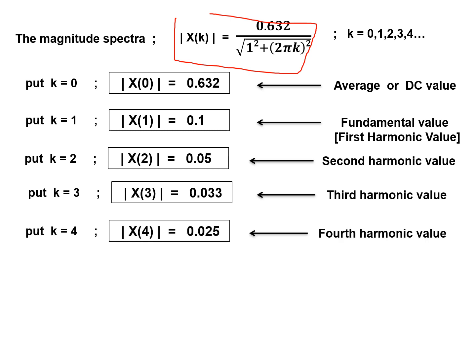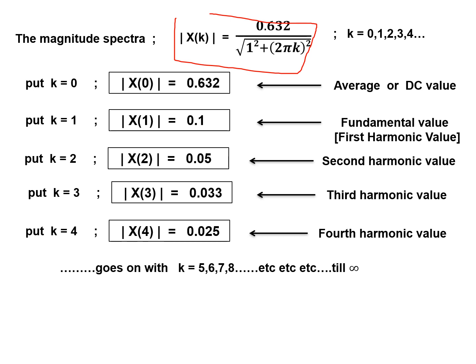So if you further increase, X at 4 is further less. Therefore, you can go on calculating like this: k is equal to 5, 6, 7, 8, etc. up to k is equal to infinity. So the value keeps on decreasing. So it's enough to plot the spectrum with only a few values starting from the origin. Therefore, I have found only up to 4.